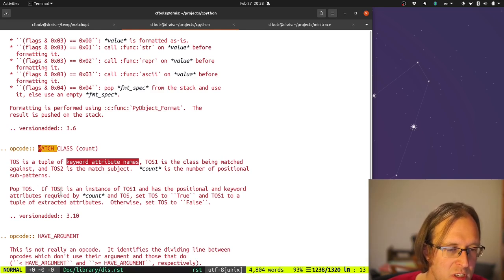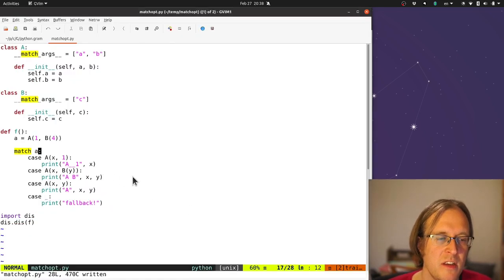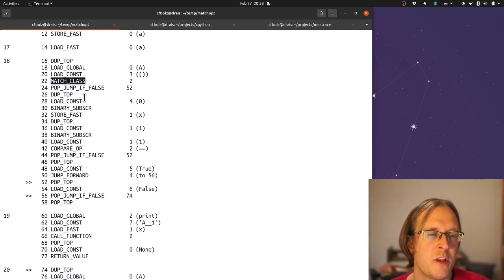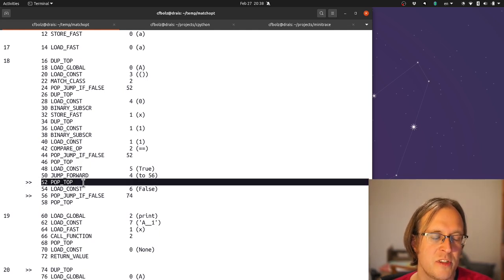Pop TOS. If TOS2 is an instance of TOS1 and has the positional and keyword arguments required by count and TOS, set TOS to true and top of stack 1 to a tuple of extracted attributes. Otherwise, set TOS to false, right? So what match class does is it will either leave a true or a false on the top of the stack, right? And then we have a pop jump if false. So that means the pattern didn't work, jump to 52 to continue with the next pattern, and this is where 52 is,